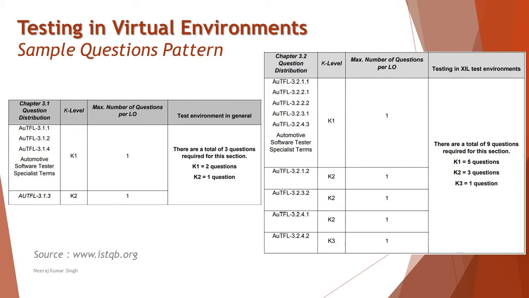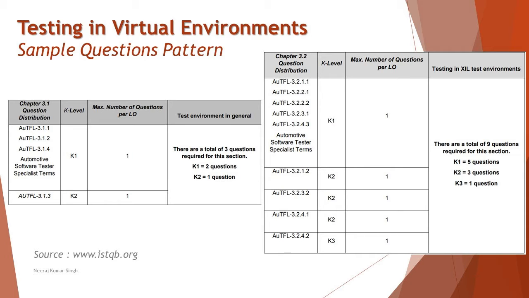To get started with this tutorial, we are talking about the sample questions from this chapter. The question pattern source is ISTQB.org, which can be found at the official website of ISTQB. The number of questions are distributed in two sections, 3.1 and 3.2. So 3.1 will have three questions. We will have two questions from sections like 3.1, 3.2, and 3.4, and one question from 3.1.3 at